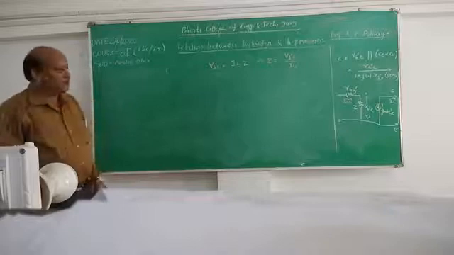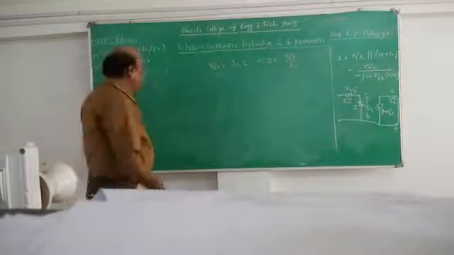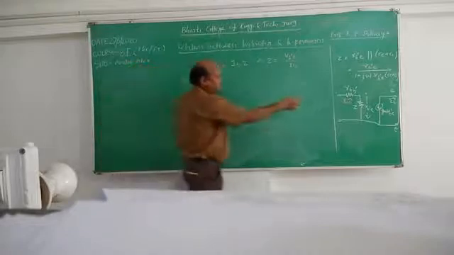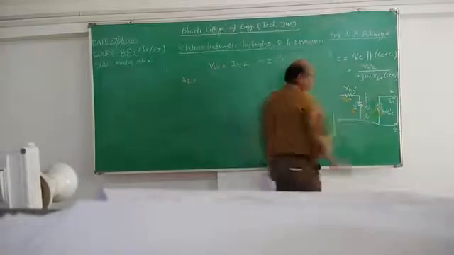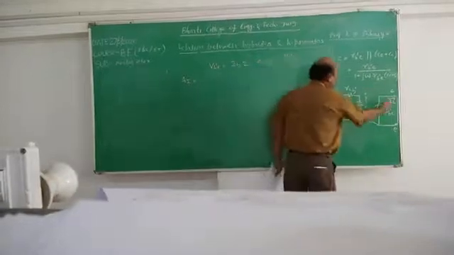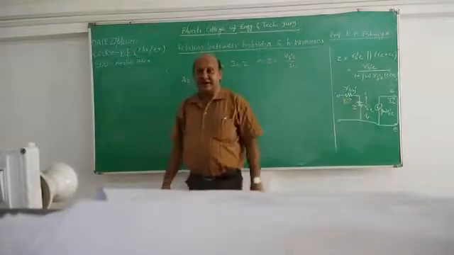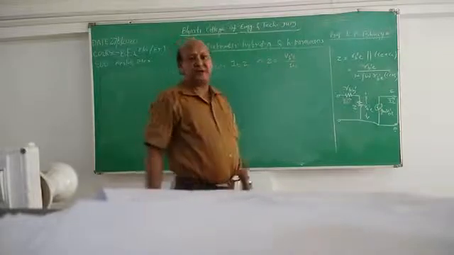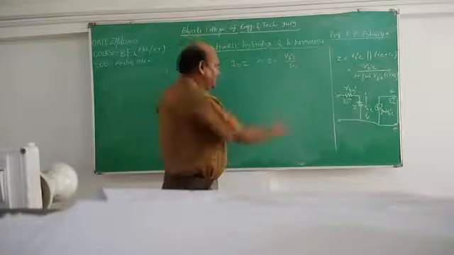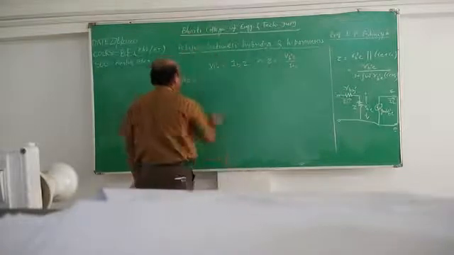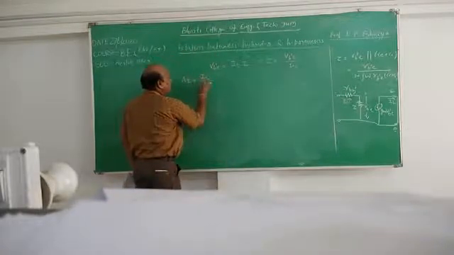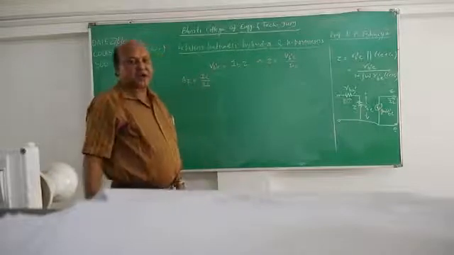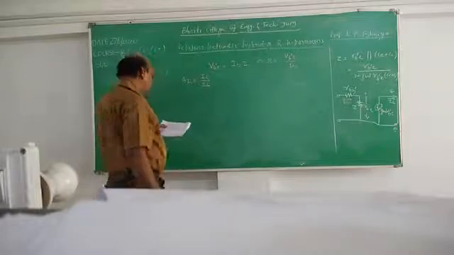Now we have to calculate the current gain AI. What is the short circuit current gain here? This is already the short circuited equivalent diagram, and we will calculate the output current upon the input current, that is the current gain. Our aim is to calculate the current gain and find out the relations of f alpha, f beta and fT. So the current gain here is IL upon IB, where IL is the output current and IB is the input current. This is the short circuit current gain of a common emitter through this hybrid pi model.